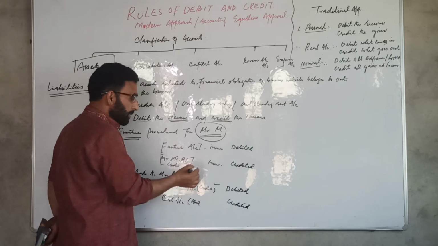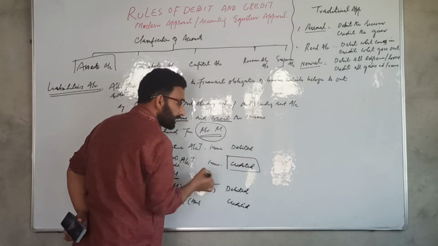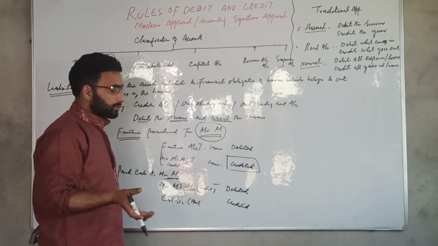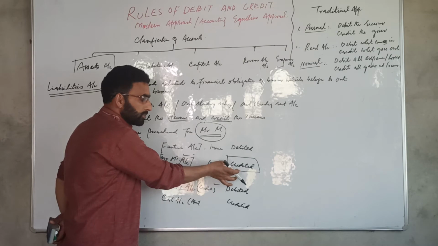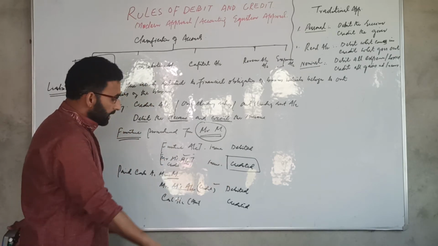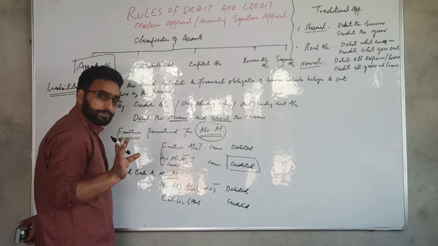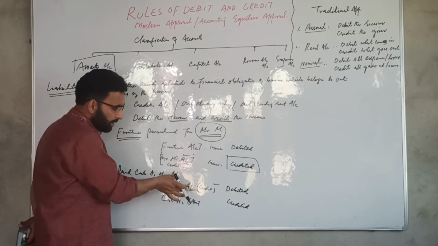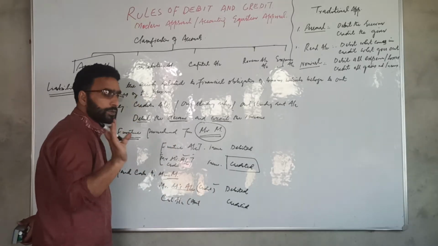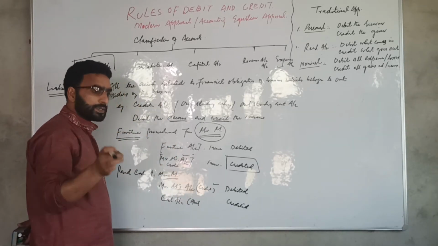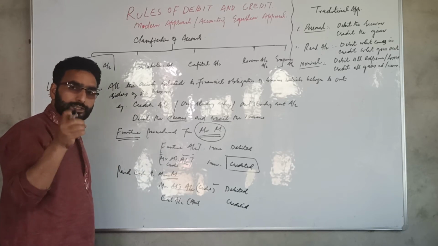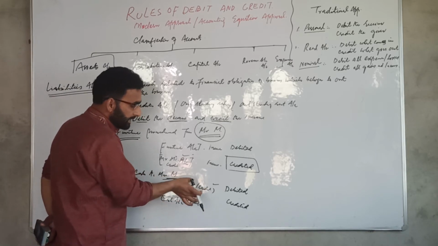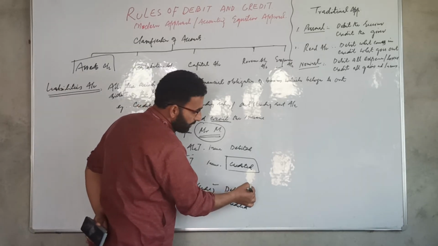In the above case, Mr. M was the creditor. Mr. M gave furniture to the business on credit, so at that time the liability was increased, so it was credited. In the second transaction, Mr. M got money. The business paid money to Mr. M for his dues. Now Mr. M's account got reduced. The business decreased its liabilities, it paid its liabilities. So the liability account is decreased, and when there is a decrease in liability, the liability account is debited.